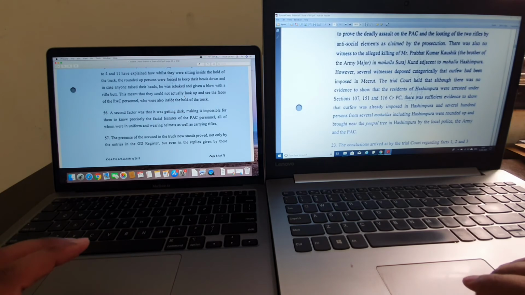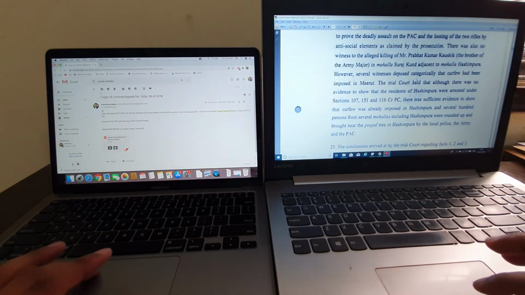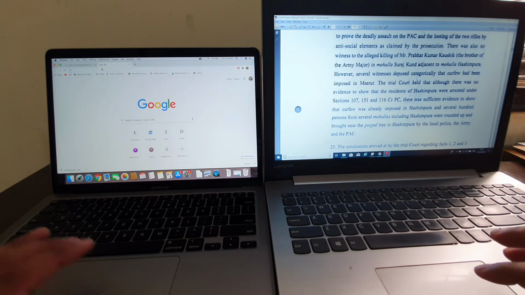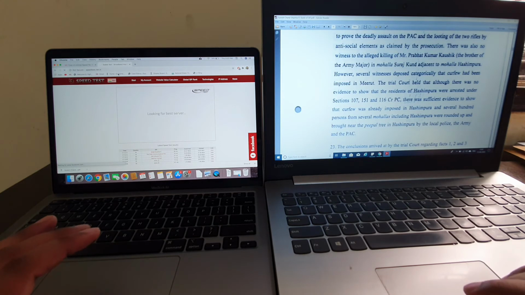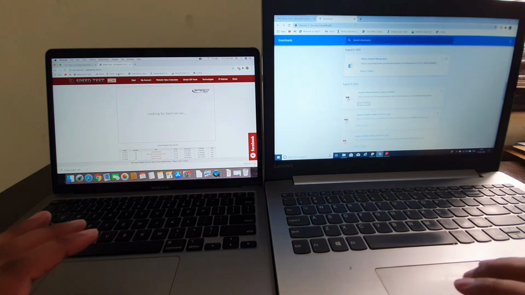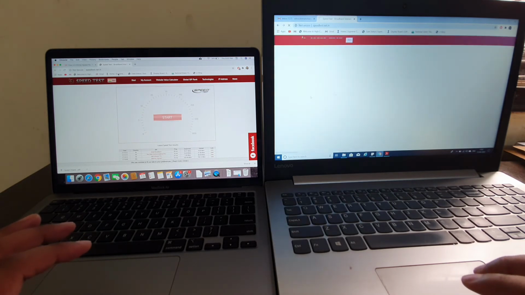Now, since both are on the same Wi-Fi network, we will try to see the speed test of both laptops. Network speed test means, on the same Wi-Fi, what is the connection speed.